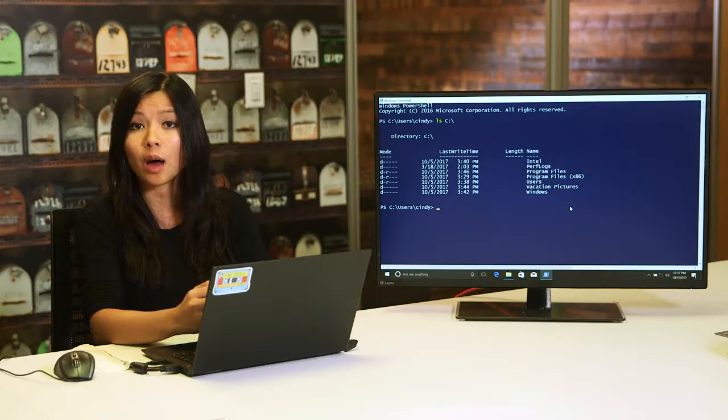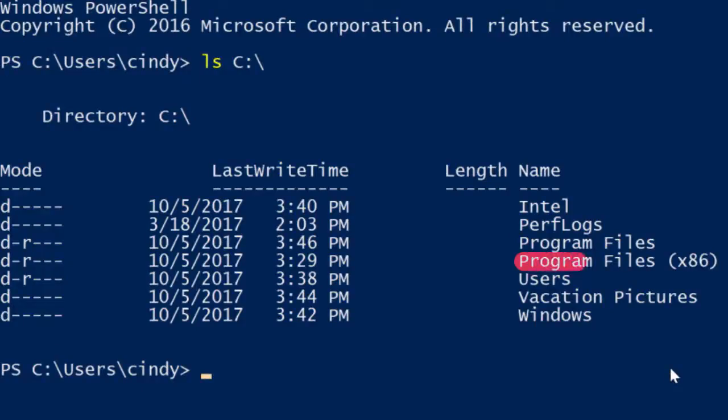Let's look at a few of the common child directories in this folder. Program Files and Program Files (x86): these directories contain most of the applications and other programs that are installed in Windows. Users: this contains the user profile directories, or home directories. Each user who logs into this Windows machine will get their own directory here. Windows: this is where the Windows operating system is installed.